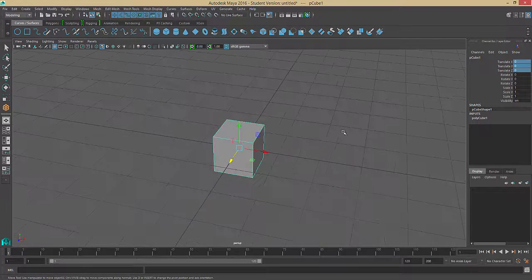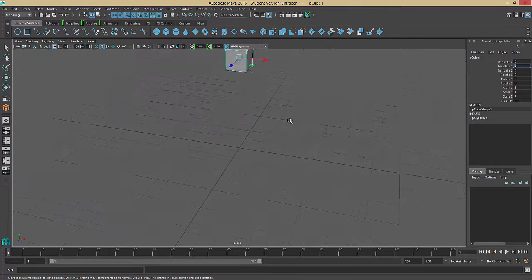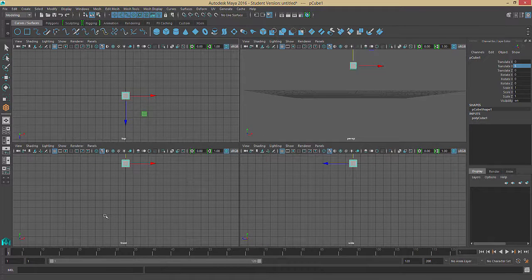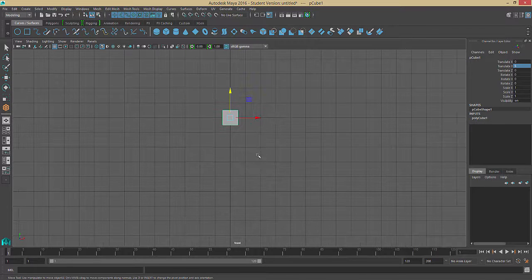And again, you can also just type in values. So if we want to move up 5 units, we can type 5. So now we're 5 centimeters up. So if we hit our space bar, if we have our mouse in the perspective view and tap our space bar, we can go to the front view or the side view, tap our space bar to enlarge that view, and we can see that we're 1, 2, 3, 4,